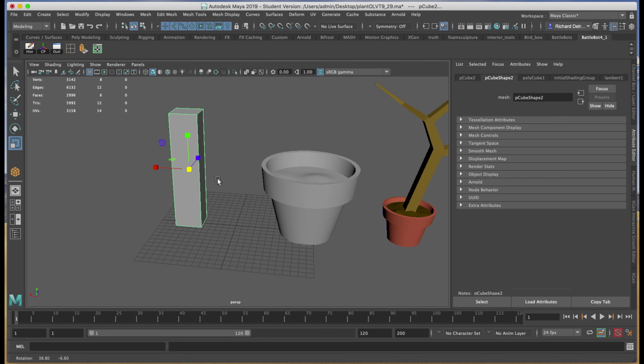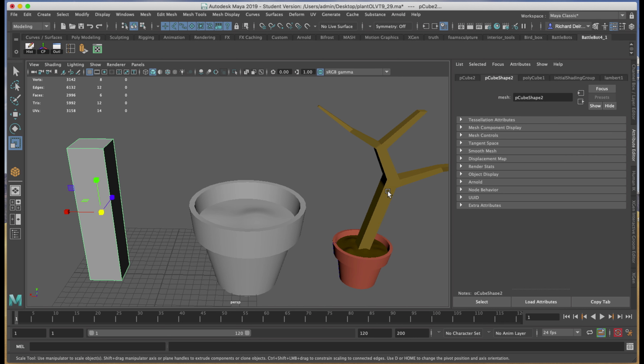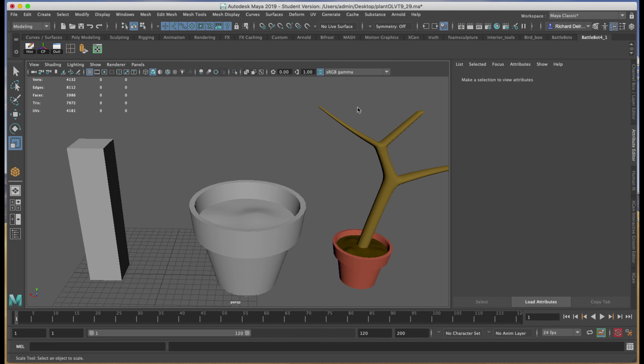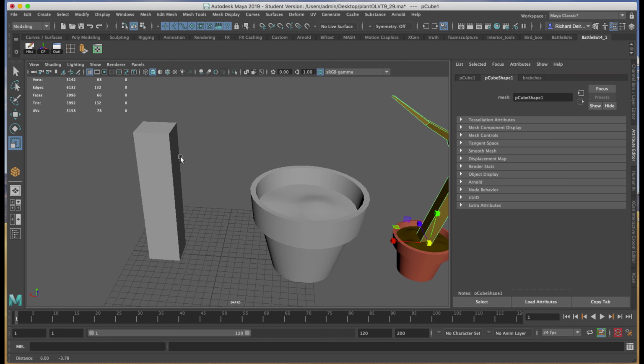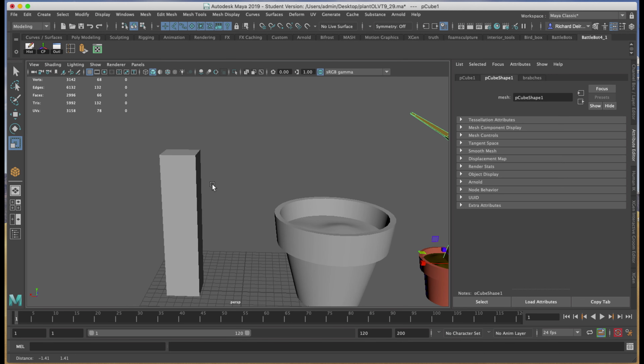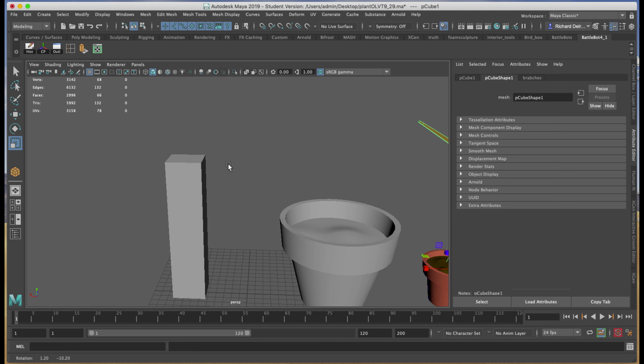Now it gets pretty subjective on the height and shape of this. And in order to make something kind of organic, as we see here, when I hit 3 on the keyboard, you can see that with a smooth proxy or the Arnold render settings, this is what we'd end up with. We're going to use a tool called the Polygon Extrude tool. Now any kind of plant starts out thicker at the base and narrows as it grows out and increases branches